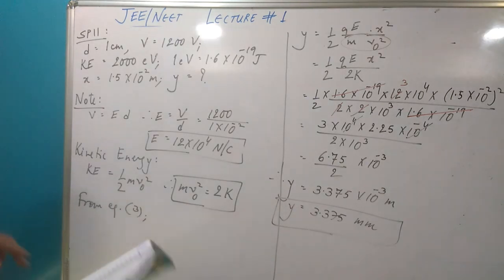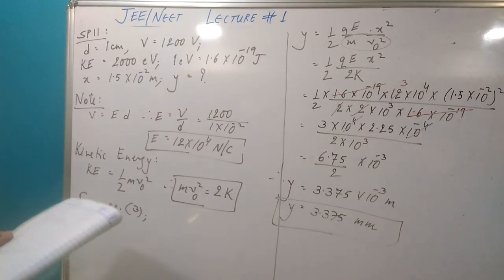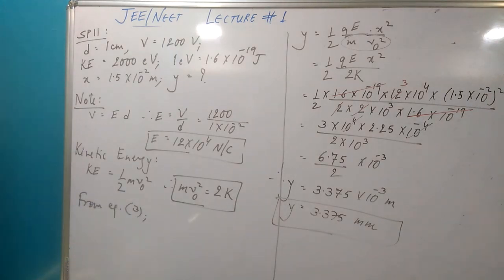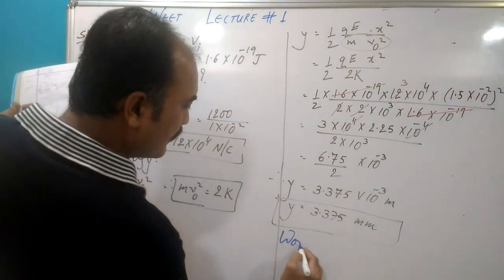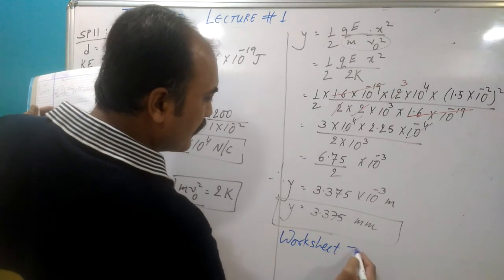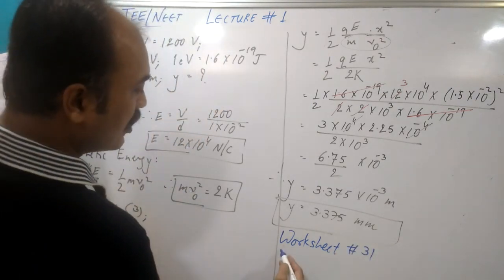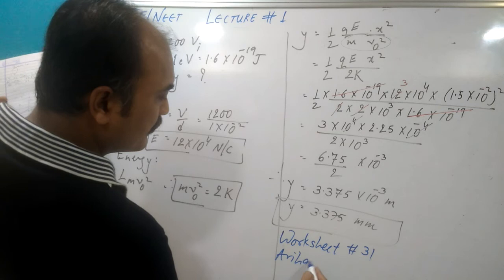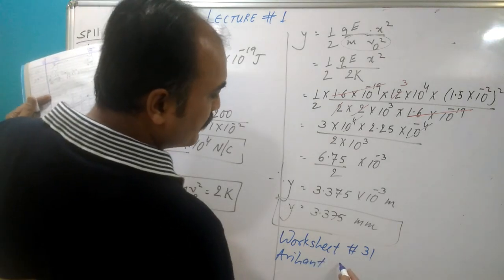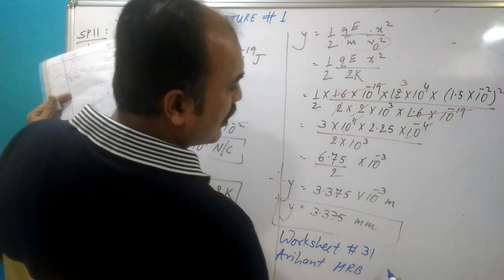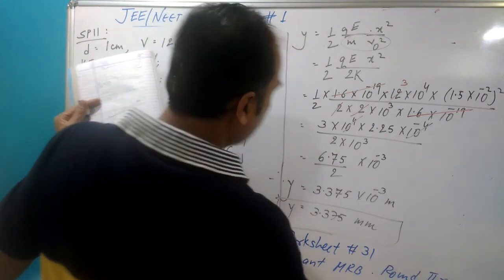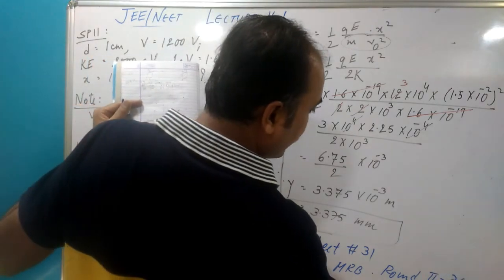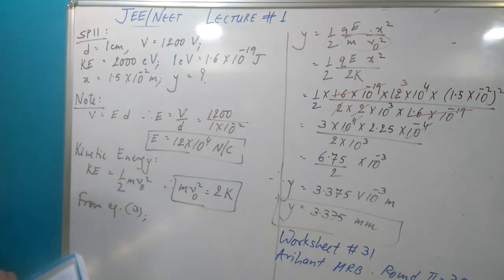Another beautiful sum that has been cracked wide open, and you might as well look into it. And if you want to do more sums like this, let me tell you, worksheet number 31 is on the same genre. Also, Arihant Master Resource Book, round 2, number 75. This is of chapter 1, but of course, you can check that also.